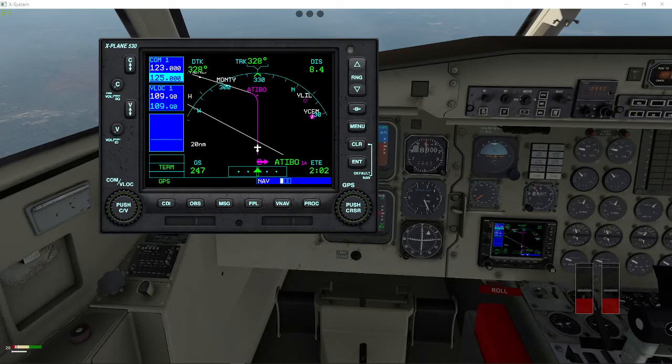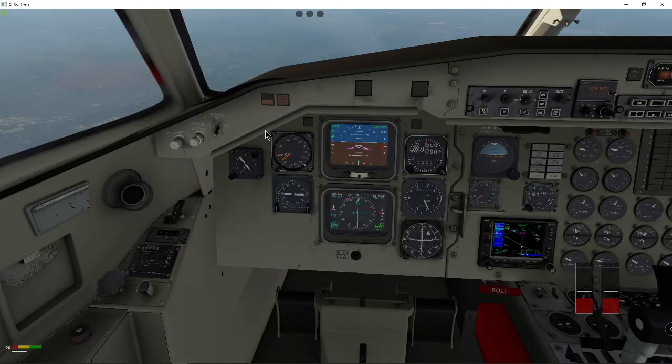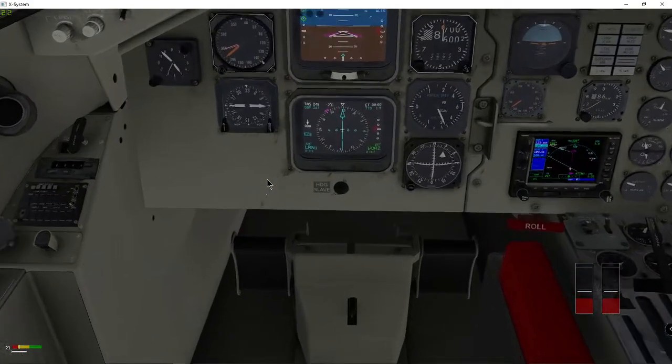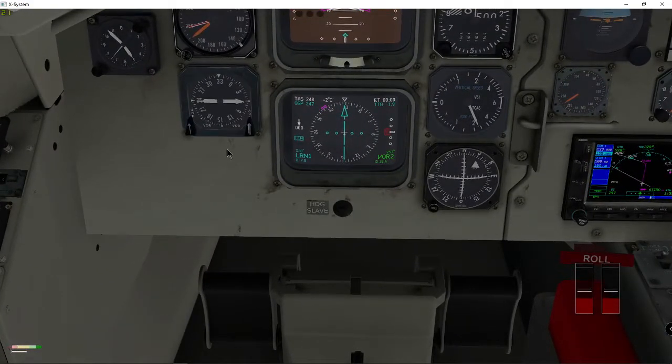I might just do that, 45, let's see if we can go over to the heading mode. First off, we'll make sure that we set the bug for what we're doing now, and then I'll go over to 45 degrees